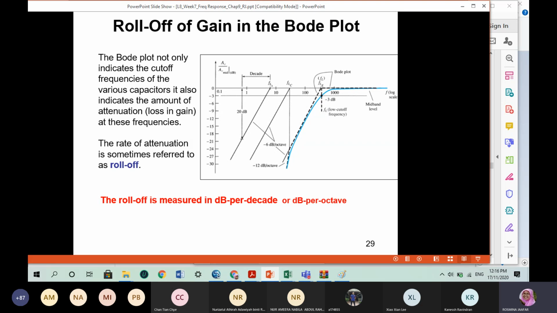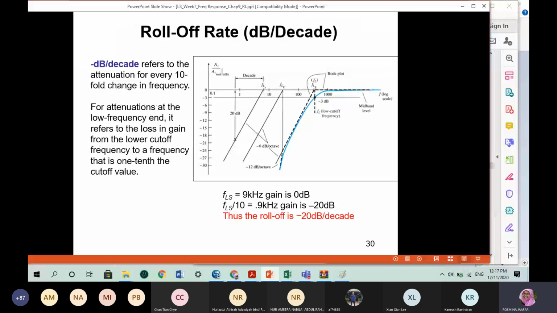So you will come across the roll-off of gain of the amplifier, for example. So the roll-off means it is not at the optimum level when the gain is attenuated. The roll-off is also measured in dB units. Sometimes it is measured in dB per decade, or sometimes you will also see dB per octave. Octave means a different representation, but decade is a log base of 10. Okay, dB per decade refers to the attenuation for every 10-fold change in frequency. Because we are using 10 to the power of something, 10 to the power of 1, 10 to the power of 2, always a scale